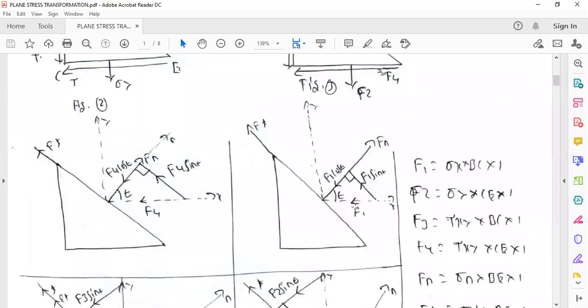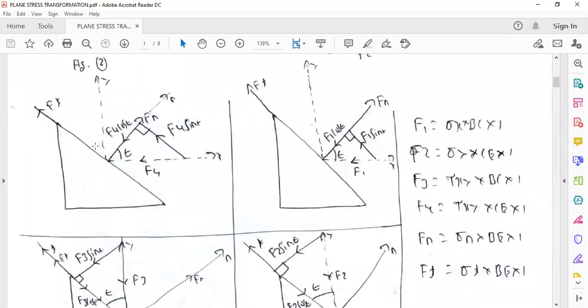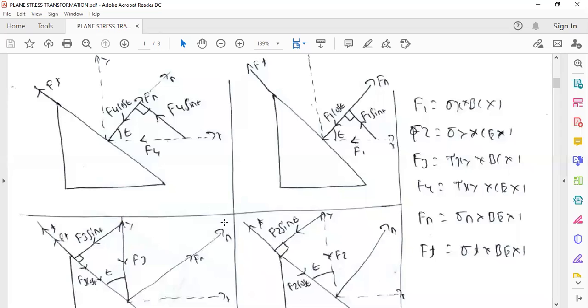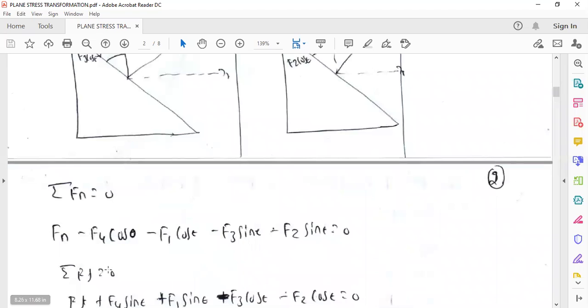Similarly, normal force Fn is equal to sigma n into B. This is the plane B. And then Ft is equal to sigma t into B. This remains the same. Okay. Next, after resolving the forces, we know the summation of forces in the normal direction and tangential direction should be